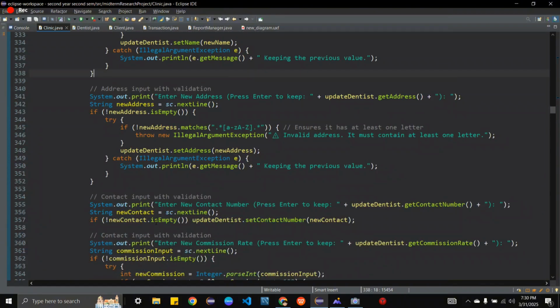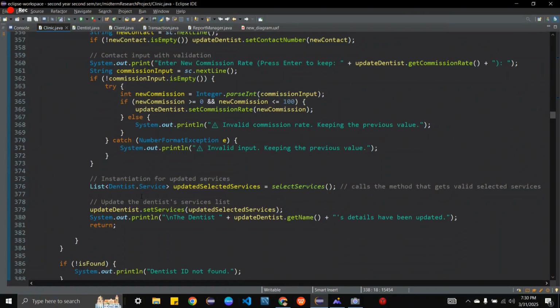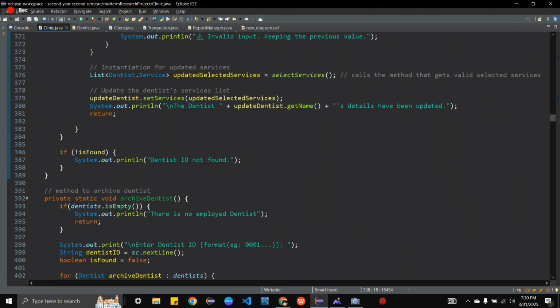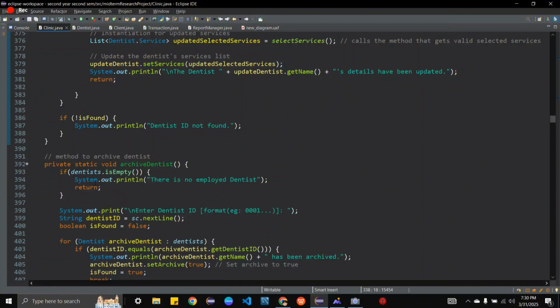After receiving all of that information, we will now update the dentist. We will set the entire services included here so that the services will be updated. That is basically how the update details for dentist work, which is the same in the client class.